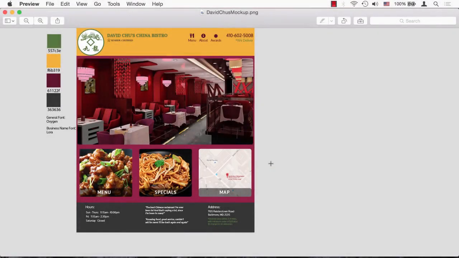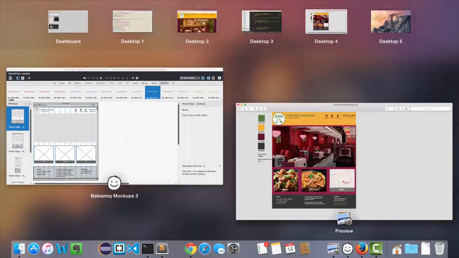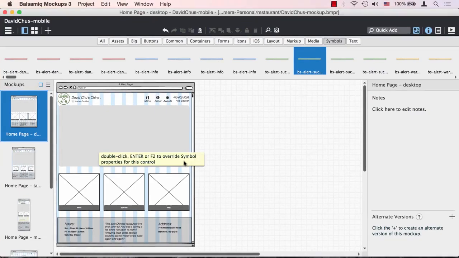Okay, so now that we're done with the Jumbotron right here, our next task is to code up these tiles over here. And these tiles are the menu, the specials, and the map. Now, it's worthwhile to take a look at how these tiles are supposed to behave when they're in a smaller